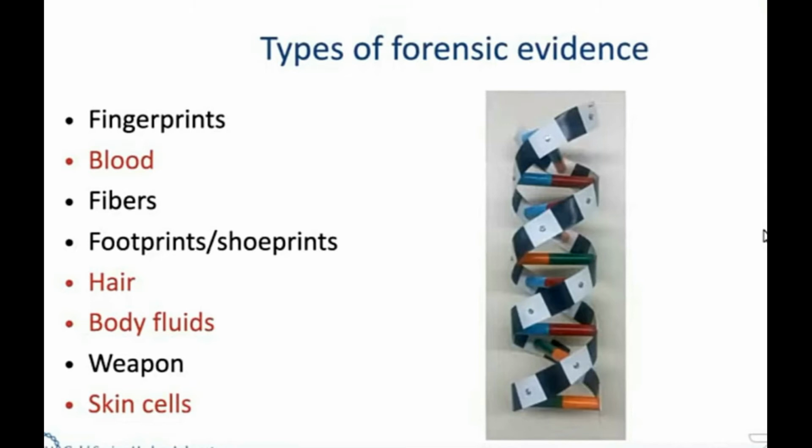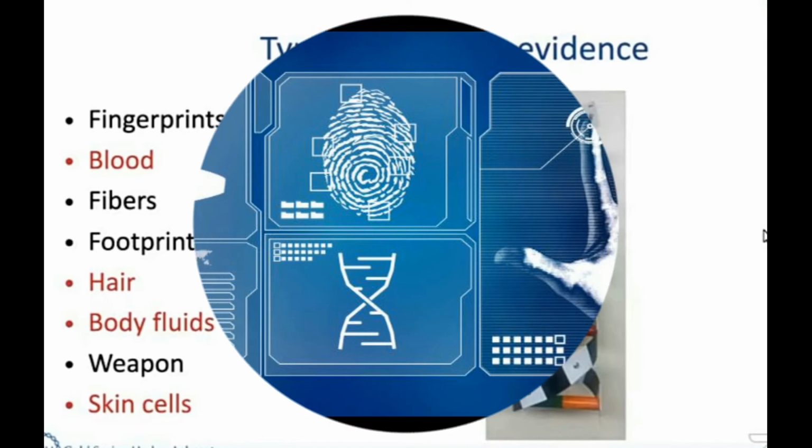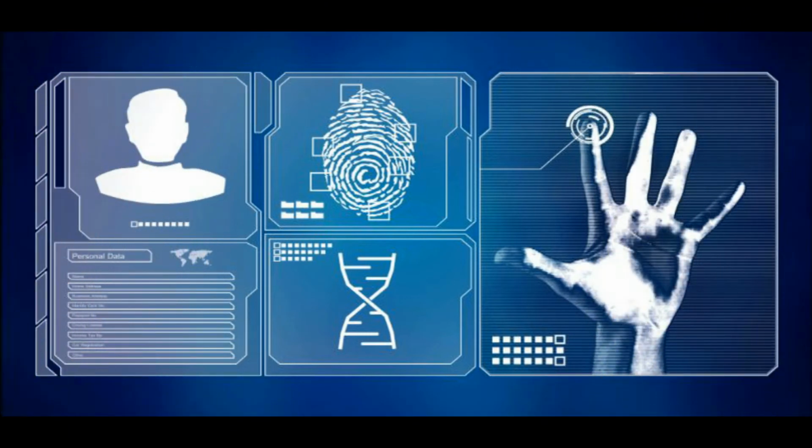If they were not wearing gloves and they were touching a weapon or something else at the crime scene. Usually at this point I also ask about fingerprints, since it is often the first thing people come up with. So why do you think fingerprints are good evidence for an investigation into a crime? And usually I hear back, well, they are unique to you, right? So everybody has different fingerprints, so we can identify whoever left those fingerprints behind.